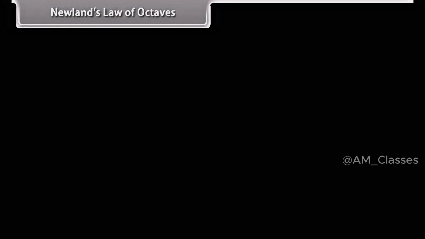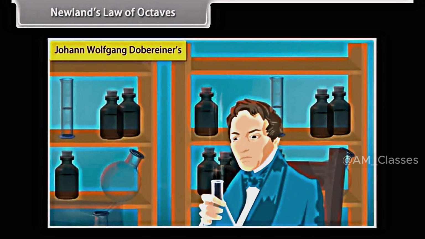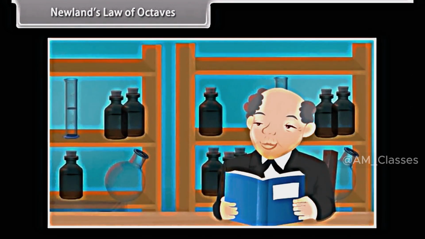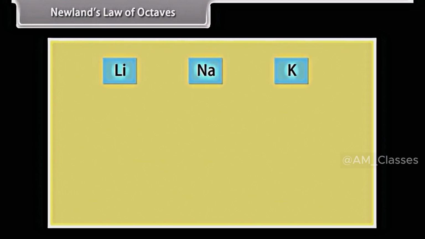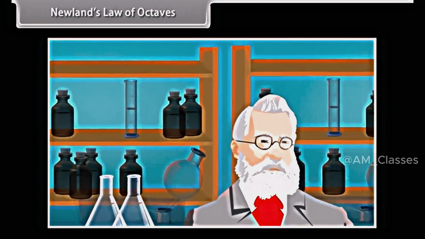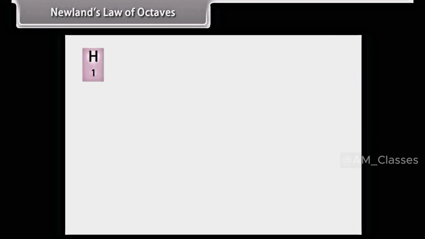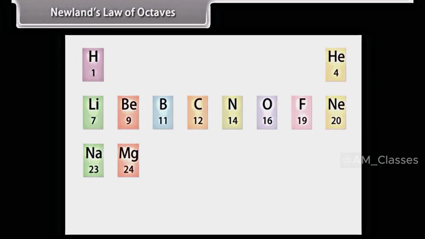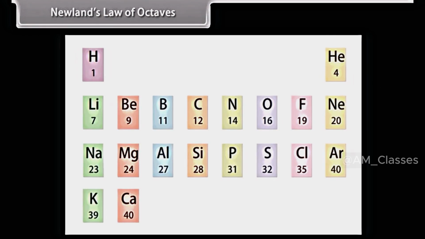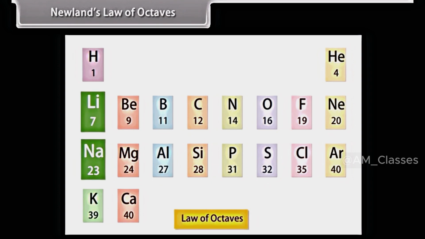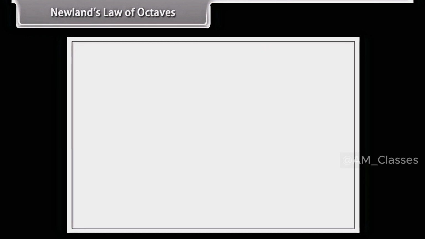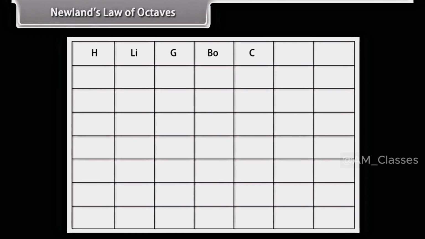Newland's Law of Octaves. Dobereiner's research simultaneously encouraged other scientists to start classifying elements. The triads were not useful as they could classify only 3 elements at a time. In 1864, John Alexander Newland, an English chemist, discovered that when elements are arranged in the increasing order of their atomic masses, atomic weight, every 8th element had properties similar to the first element. This is called the Law of Octaves. However, all elements could be arranged in this order only till calcium, even though there were more than 60 elements